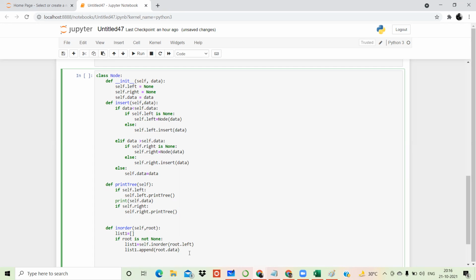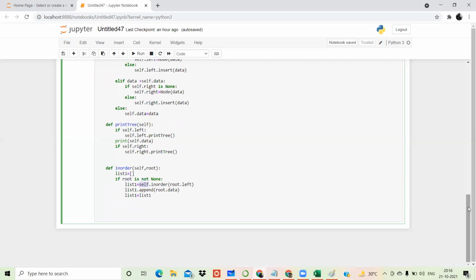तो हम root use कर रहे हैं. Otherwise node dot data, फिर अगर यहाँ पे node pass किया होता then I would have written node dot data. And then अभी ये list के अंदर I am already having left elements and मेरा root element भी present है. So what I have to do is I'll say list1 is equal to list1. So अभी list1 के अंदर left and root already present है, अभी right side के values इसके अंदर add करना है.